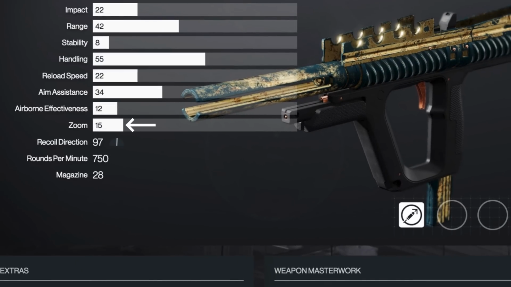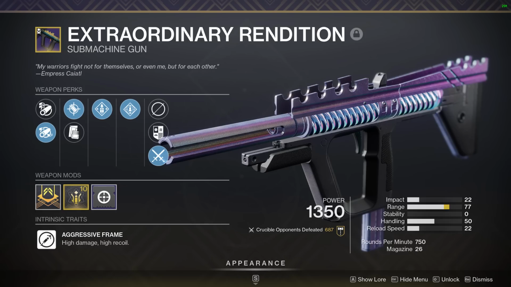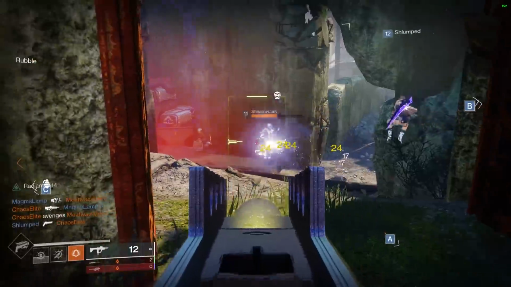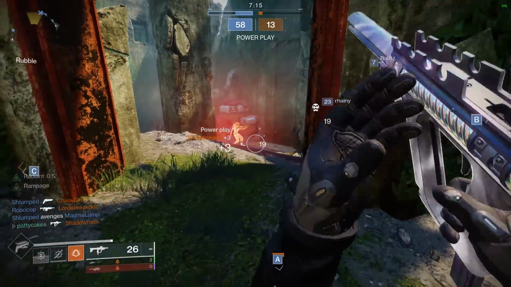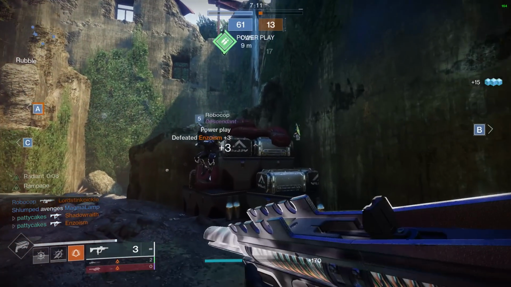It comes with 15 zoom inherently, a really high base range stat, and some excellent perks. If you're ever playing momentum control and happen to have this roll laying around, trust me, you really have to give it a try. It's hands down my favorite primary weapon in Momentum because every special ammo pickup automatically refills double your magazine size with Overflow, and Rampage stacks up so easily with the fast time to kill in this